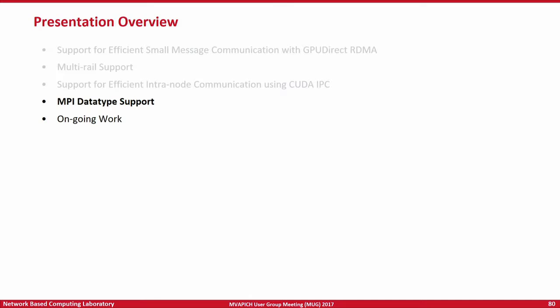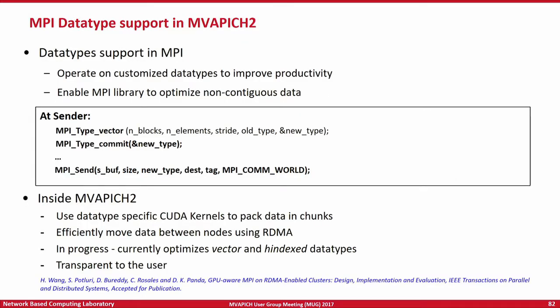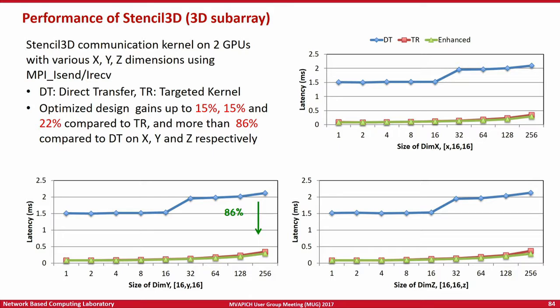And this is the kind of benefit that you can get by using the proposed kernel-assisted schemes for packing and unpacking over your default schemes. And the benefits are not just limited to a micro benchmark. We actually get a lot of performance benefits for real applications used by the scientific community, like the Cosmo weather modeling application. So you get significant benefits with our proposed designs with real applications at scale. So that's a very important benefit.